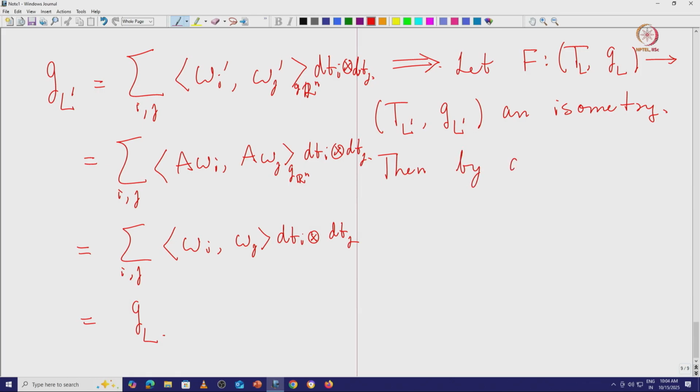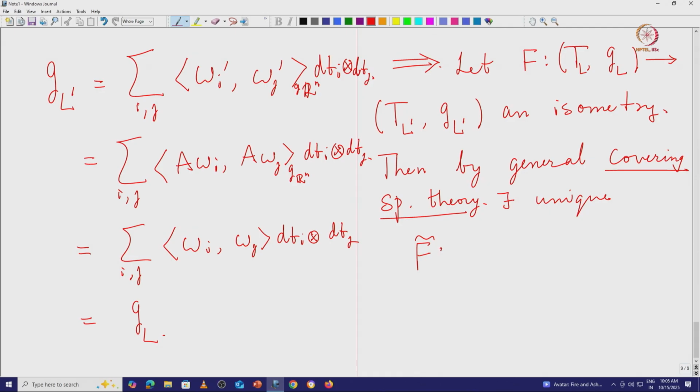So by general covering space theory, which is covered in any basic course in topology, or maybe a first course in algebraic topology, there exists a unique f tilde from Rn to Rn satisfying this normalization that it sends 0 to 0, such that the following diagram